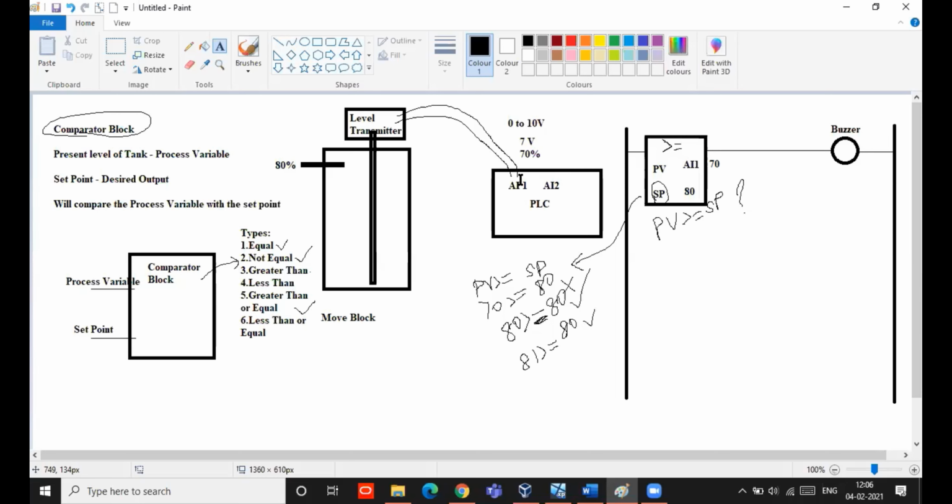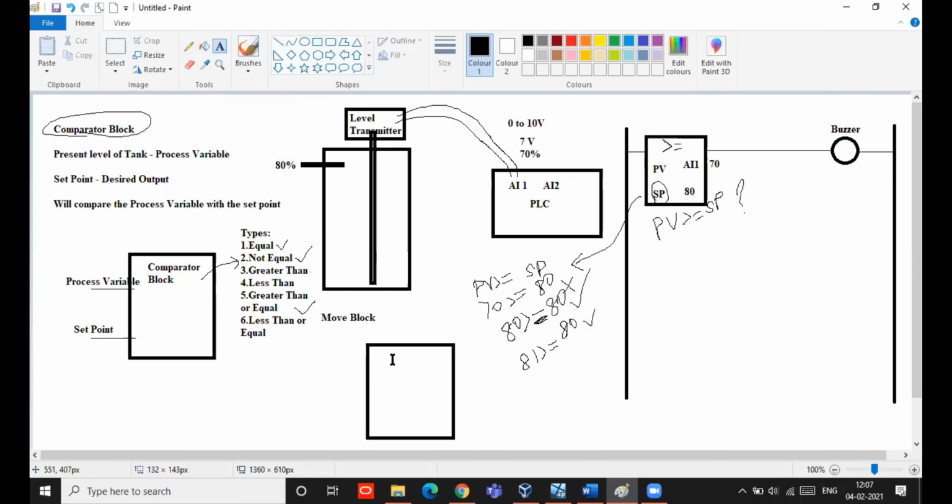Analog input 1, I have one value, that is 70% available in analog input 1. Now I want to move this value, that is 70%, from this location to another location. So how will it be moved? We have to use a move block.